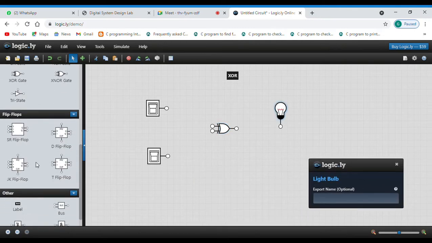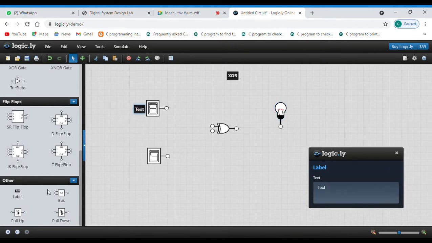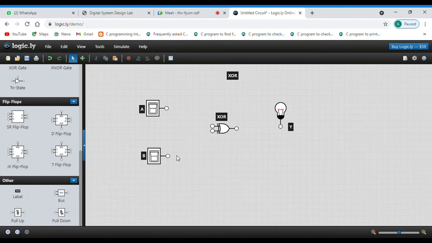Now we'll label the toggle switches as A and B. Then we'll label the XOR gate, then the bulb as Y. Now we'll connect the toggle switches to the XOR gate. Then we'll connect the XOR gate to the bulb.